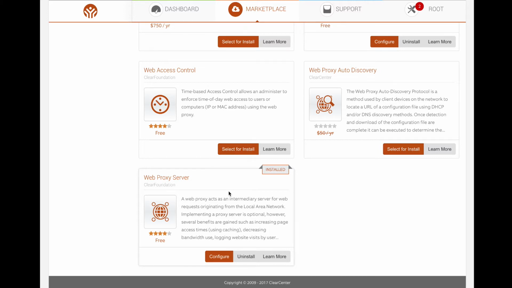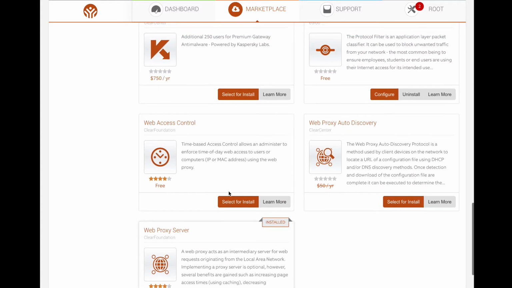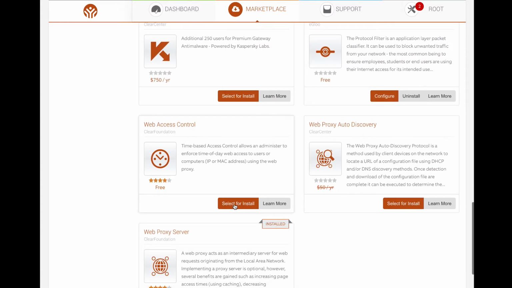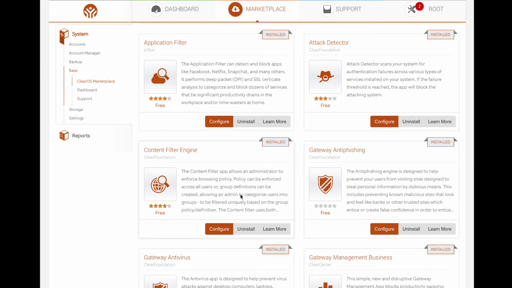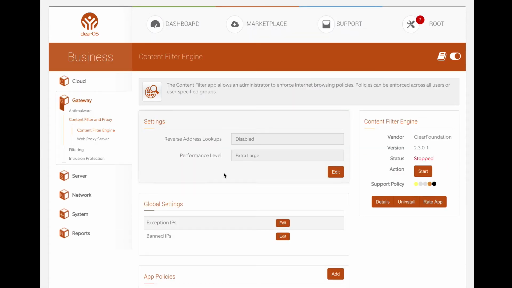So we've gone through a deep dive of the various different applications. Again, some are easy to configure and others are more difficult, but there's always a document for each app. So you can always go into a particular application. For example, if I go into the content filter, there's always a document icon up here. And that will take you to the website that will detail more information about how to set it up and what types of